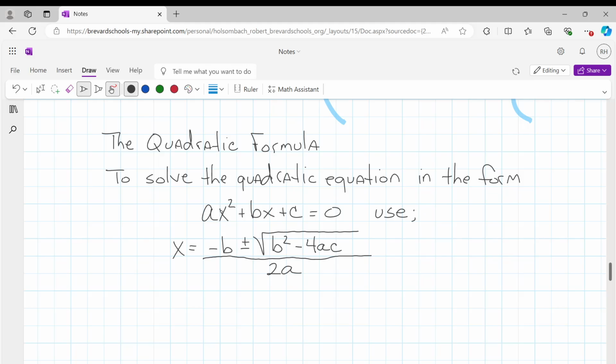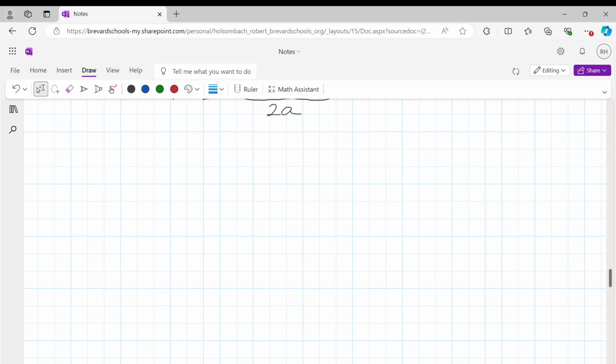All right, your a value is right here, your b value is in front of the x, your c value is the constant, the number in the equation that doesn't have a variable after it. So here's how this works. If you're asked to solve 2x squared minus x equal to 4,